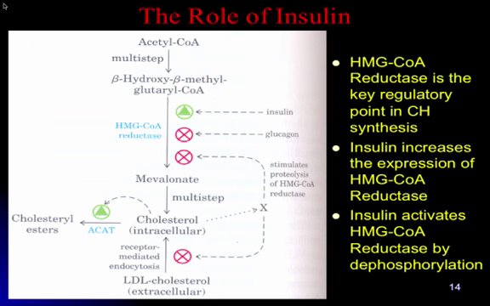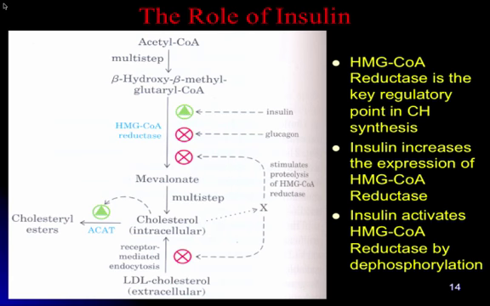Insulin increases the activity of HMG-CoA reductase. Once you get mevalonate, a few more steps, you got cholesterol. So this is the point of regulation. If insulin is chronically high, cholesterol synthesis tends to go up. And if this is in the liver and cholesterol synthesis is going up, those liver cells are going to make fewer LDL receptors. So less LDL is taken up by the liver, and LDL in the blood tends to stay higher.